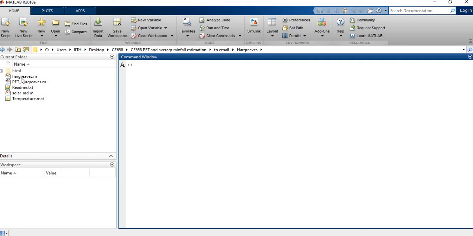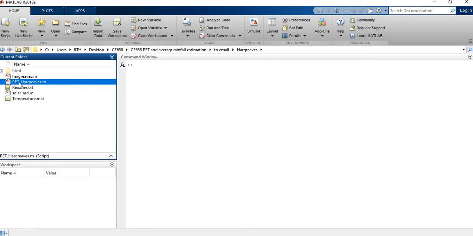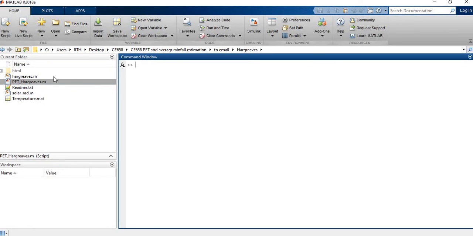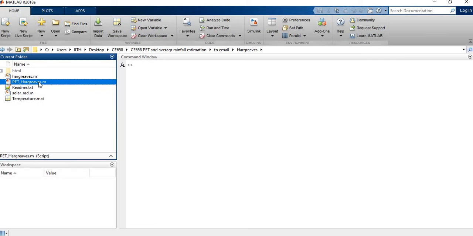The hargreaves.m and the solar radiation files are functions, and I'm calling these functions in pt underscore hargreaves. So I'll open this file, pt underscore hargreaves.